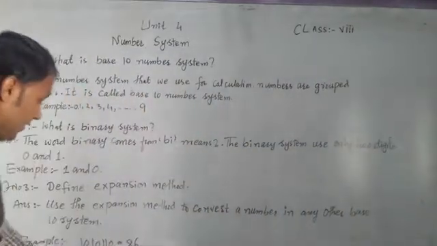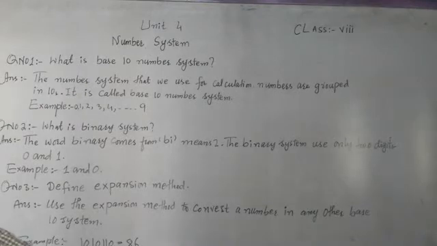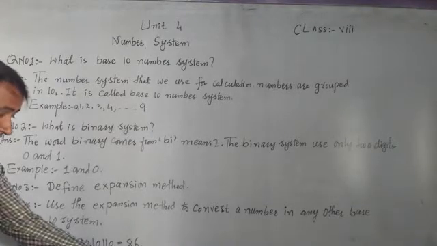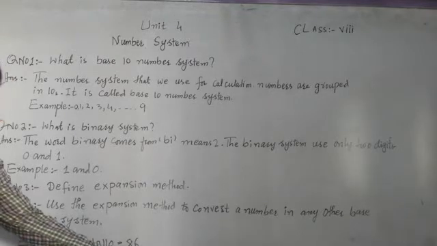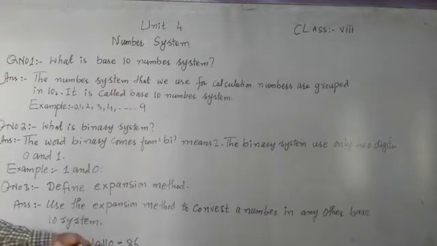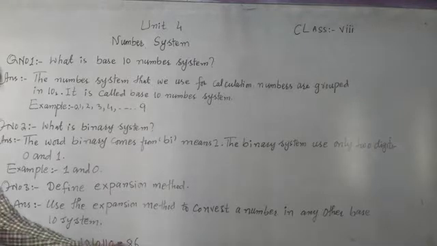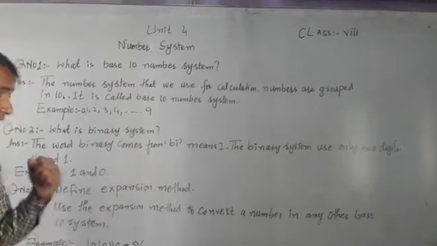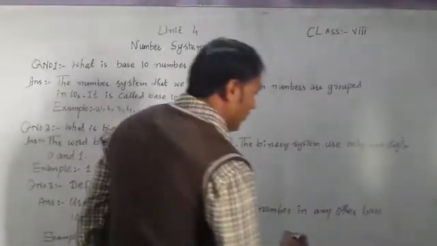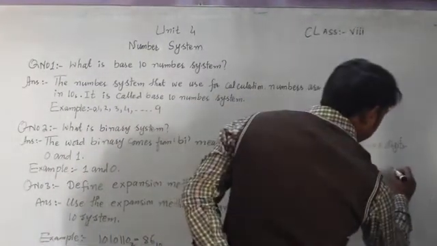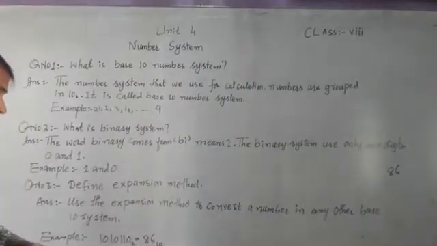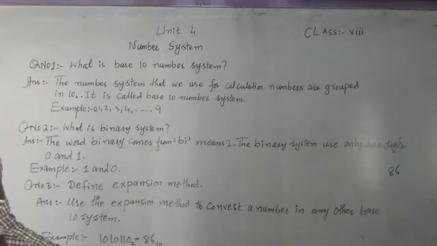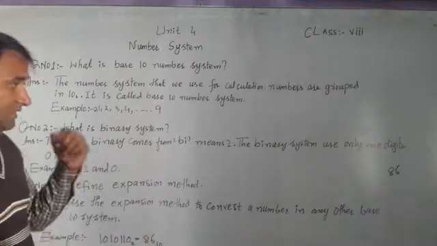How? I am defining here, an example is given. Here is the subscript 2, here is the subscript 10. 2 means it is written in the base 2 system and 10 means it is written in the base 10 system. First we learn how we convert a number into the base 2 system. Let's suppose the example given is 86. It is written in the base 10 system. First I am giving the example of how we convert it into the base 2 system.